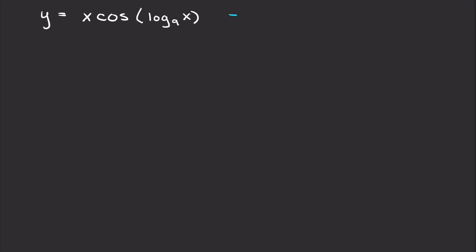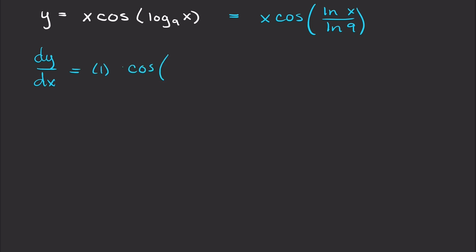Next function, we have y equals x times the cosine of log base 9 of x. So we want to rewrite this. So we'll write it as x times the cosine, and we're going to rewrite this log base 9 of x. So this will be the natural log of the argument x over the natural log of the base 9. And now we can take our derivative, dy dx, and this is going to be a product rule. So it'll be the derivative of the first, which is just the derivative of x, so we get 1, times the second, or cosine of ln x over ln of 9,